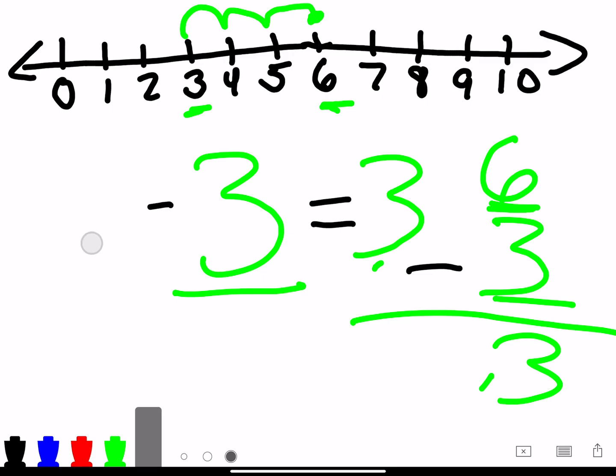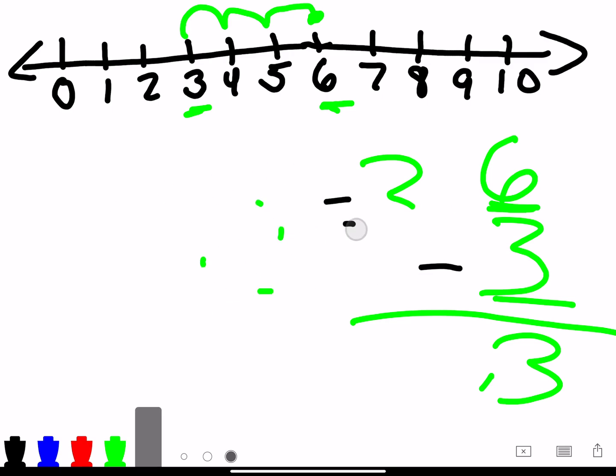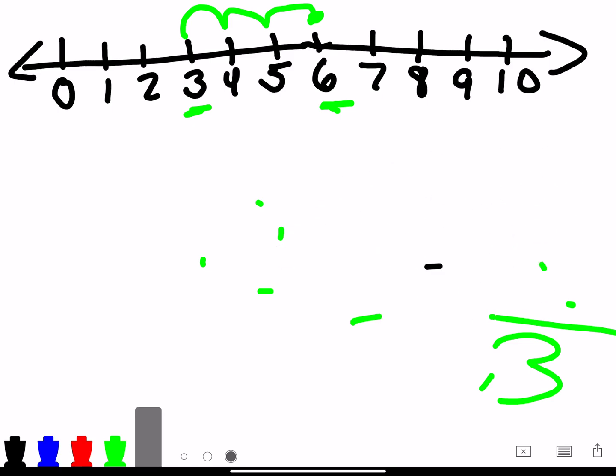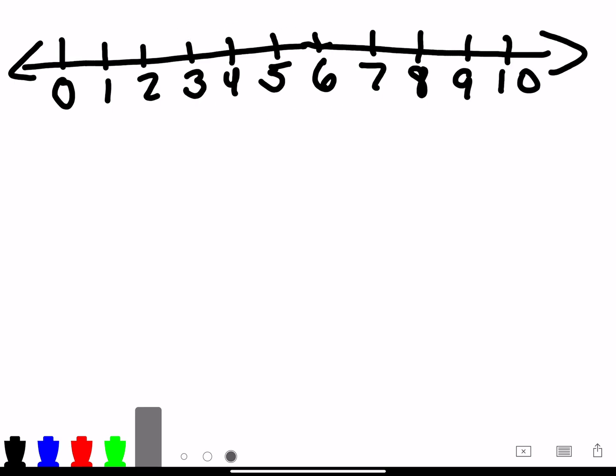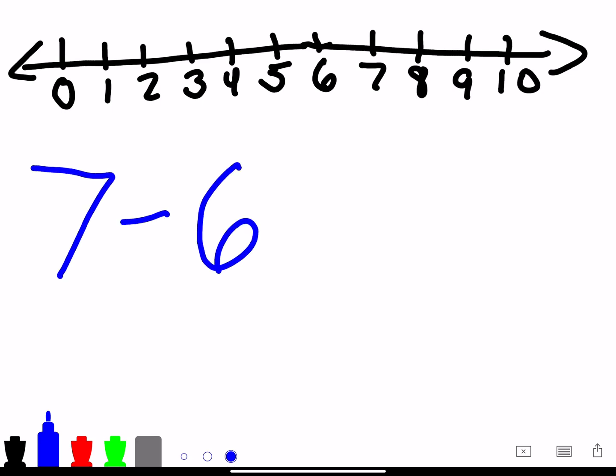Okay, let's try another one to practice. Actually, I'm going to try a more difficult problem. We're going to play a mystery number game using the number line, which is super fun. Okay, so we are going to pretend, let's see, I'm going to use the blue marker. We're going to say a problem's already written out for you. 7 minus